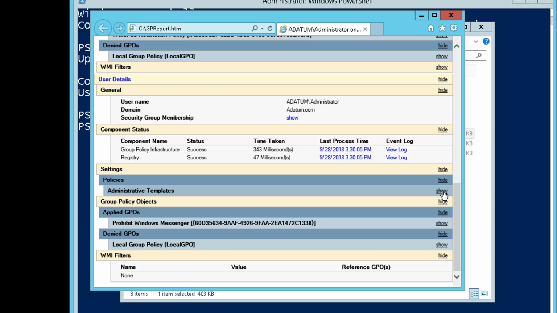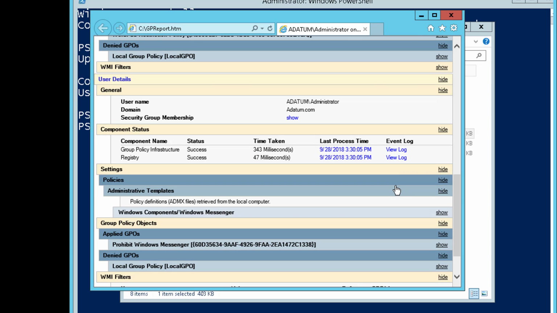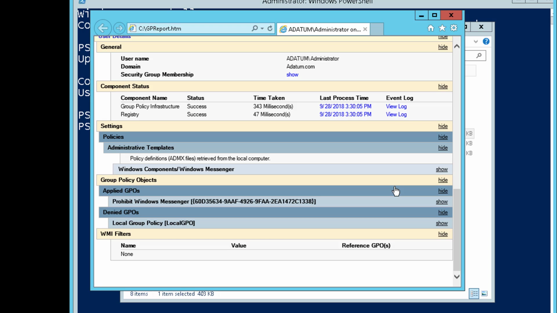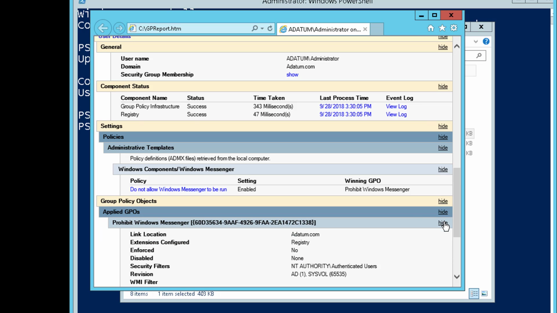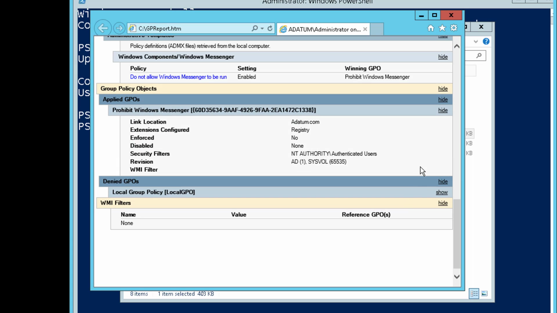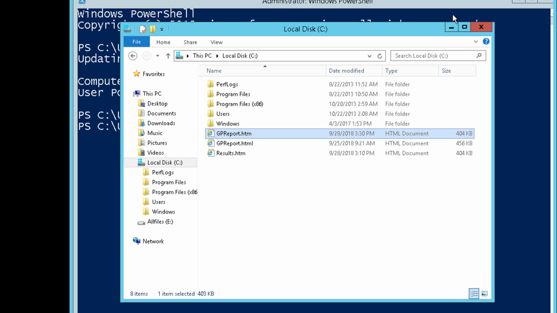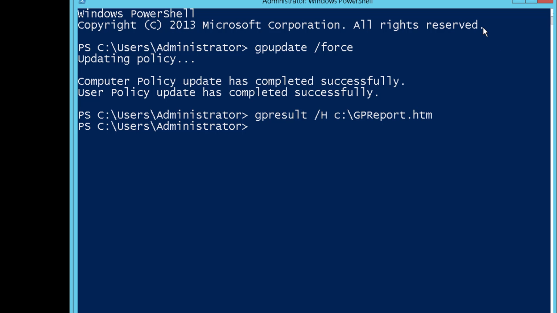Let's go down and take a look at the group policy objects that are in play. The prohibit Windows Messenger GPO, for example, and the result of that. Okay, so now we've done that,